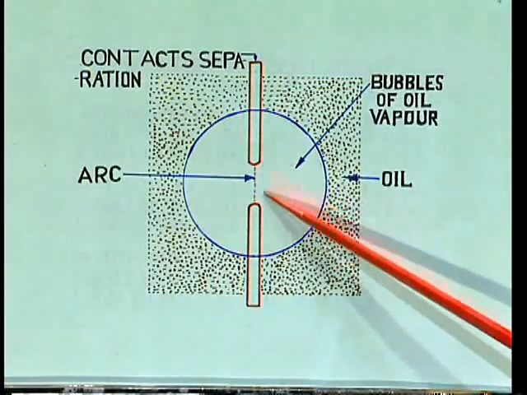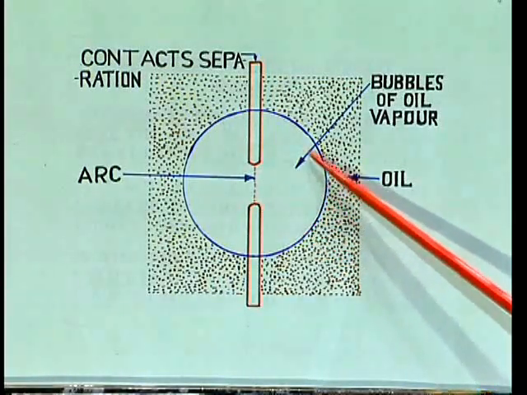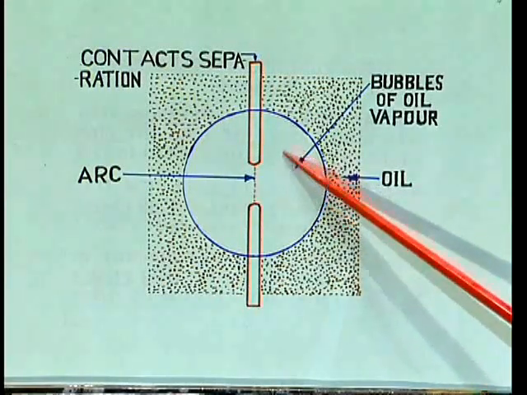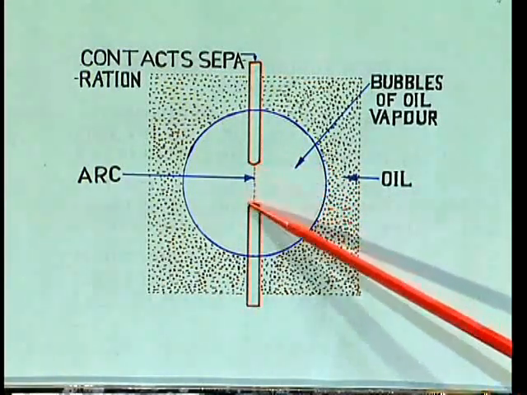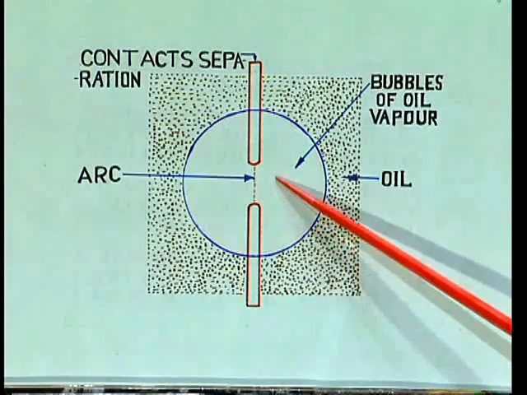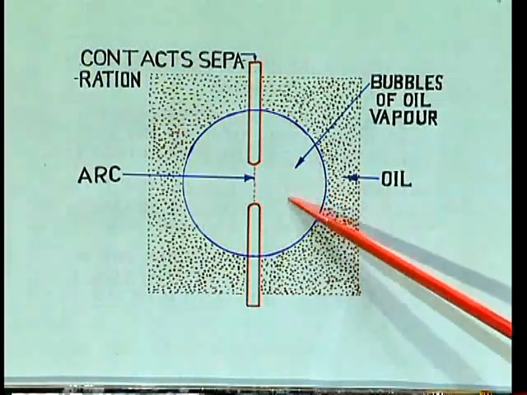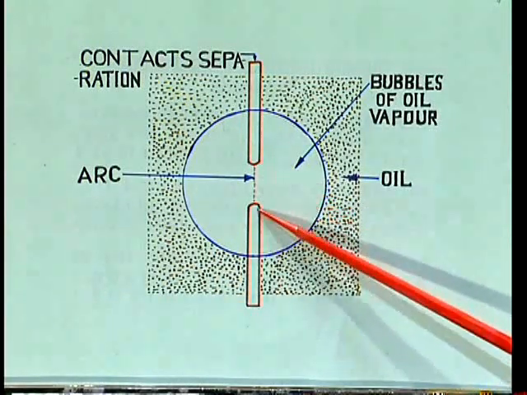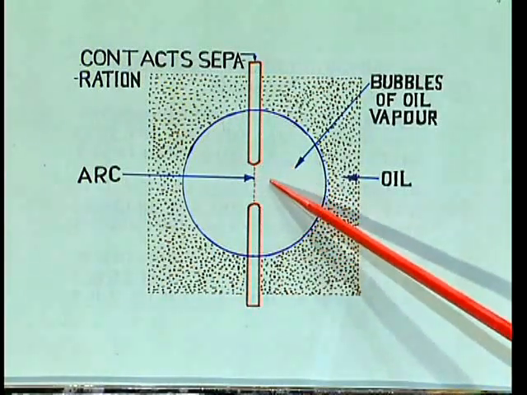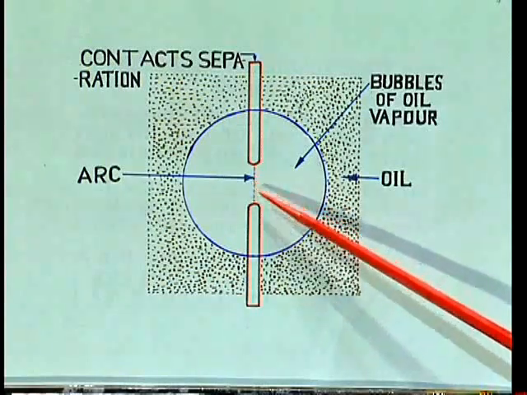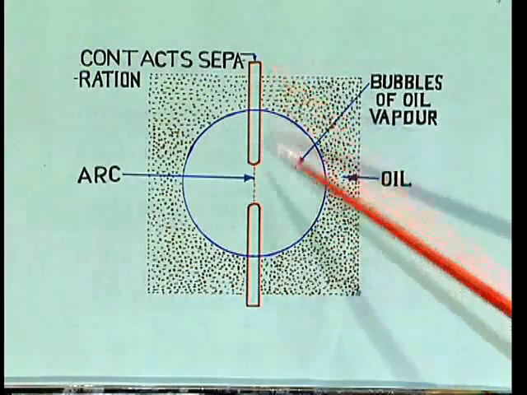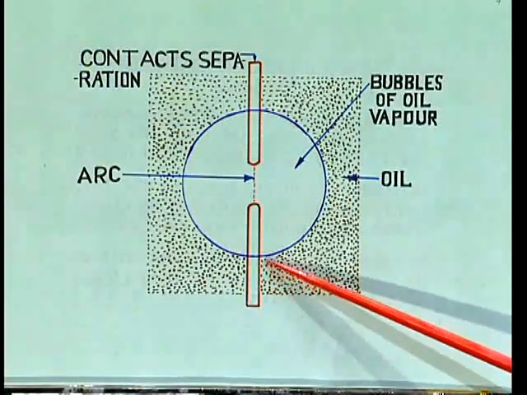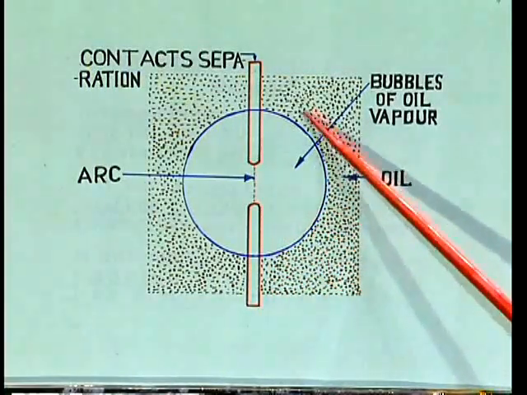Here the arcing product is carbon. The carbon is eliminated by the turbulence of the gas that appears across the contacts of the circuit breaker. So in these two processes, the dielectric strength between the two gaps is increased, and therefore the arc is extinguished. Therefore the current flowing between the two contacts is reduced, and reduced means it is interrupted. In this way the oil circuit breakers work.